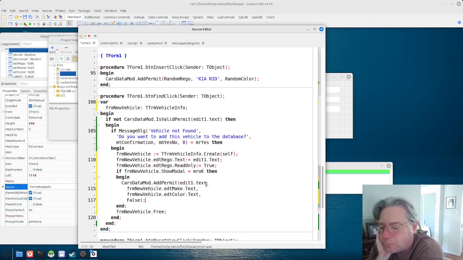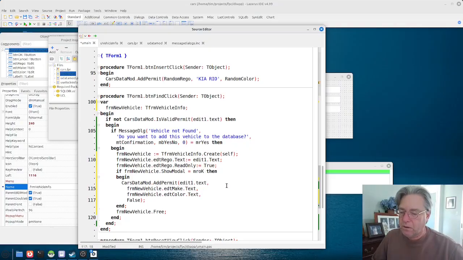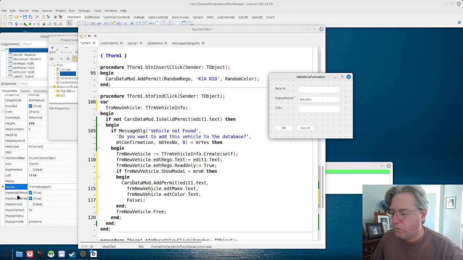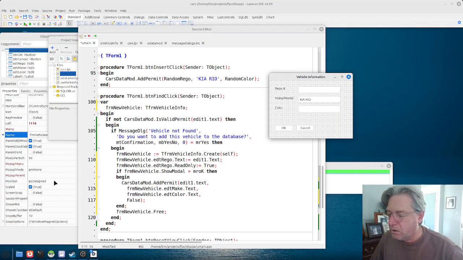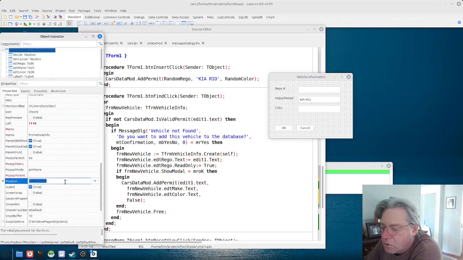Okay, not added, so we'll create the form, set the rego read only, show it. If they get the OK, we add it, and then we free it, and life goes on. Cool. Now the only thing I haven't done here really would be to set the position of this form here,